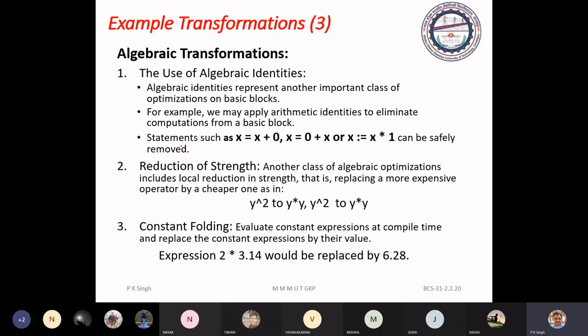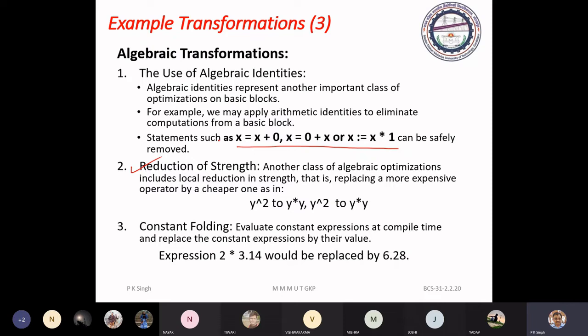Algebraic simplification: as you saw during the discussion of peephole optimization, we can apply algebraic simplification within the basic block also, meaning for local optimization. Strength reduction means we can replace costly computation by cheaper computation.